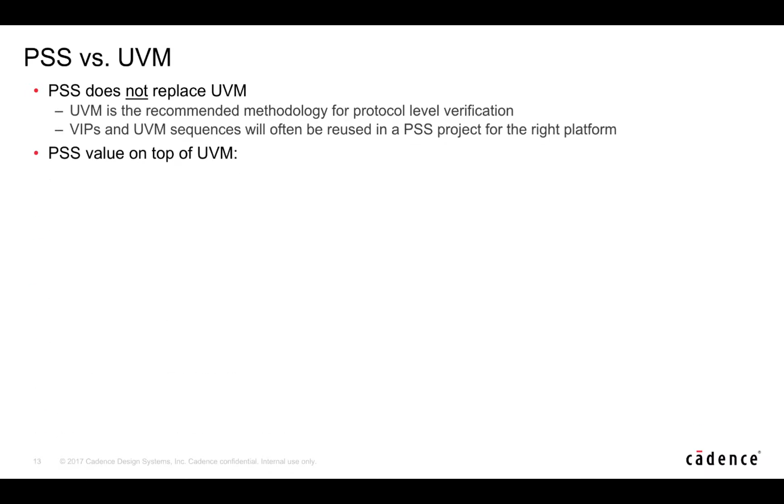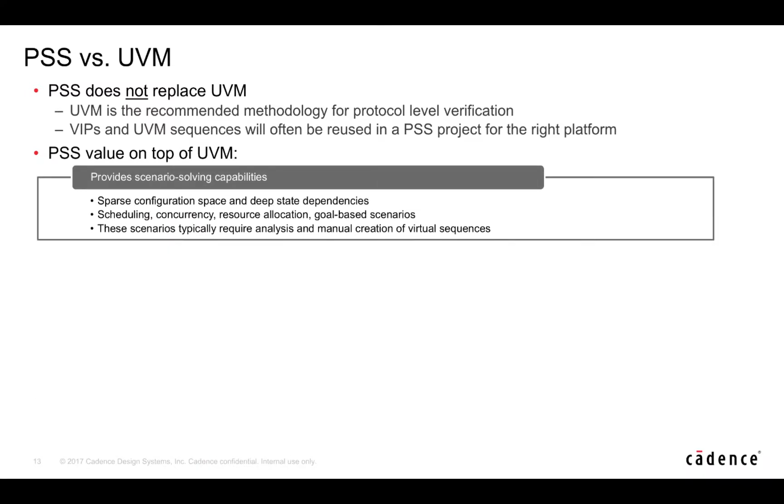So what is the PSS value on top of UVM? Scenario solving capabilities. We've mentioned that and we've seen that in the demo. So if you have a sparse configuration space, and specifically you want the traffic to depend on this configuration space, these are the kinds of things that PSS does very, very efficiently. Anything related to scheduling, concurrency, legal resource allocation, goal-based scenarios. Here's an action: find a random way to make a legal solution that will run this kind of action in